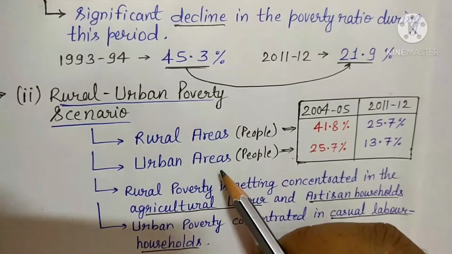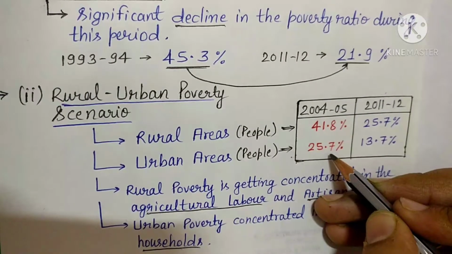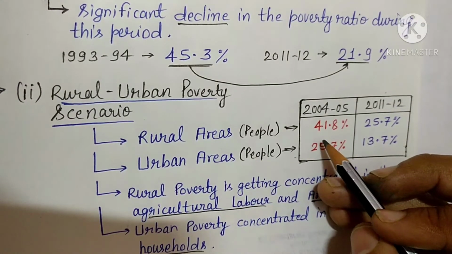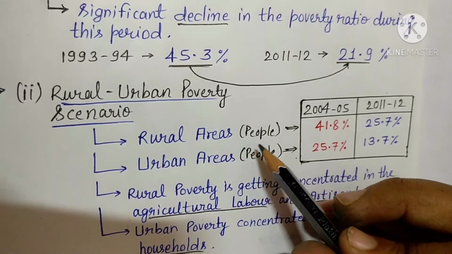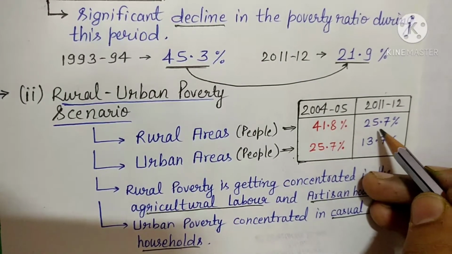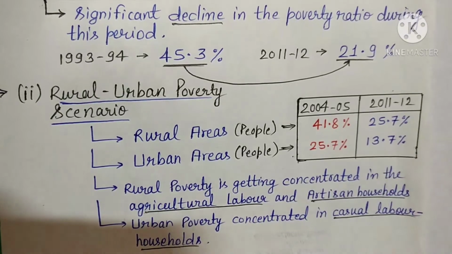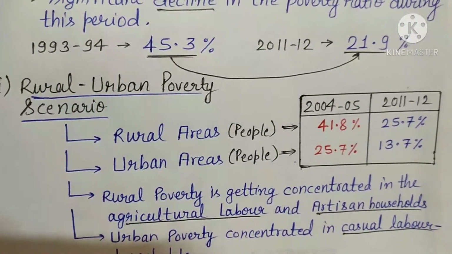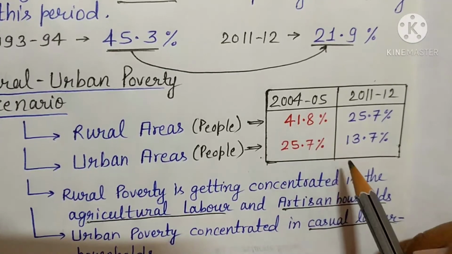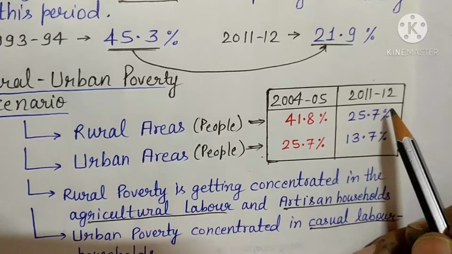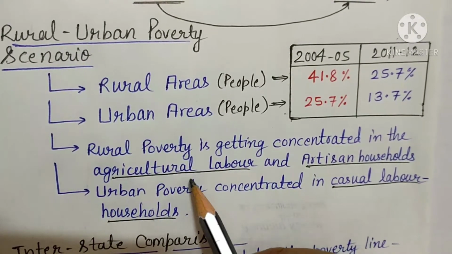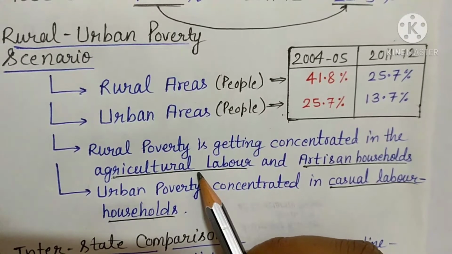And if we talk about urban areas, it was 25.7% in 2004-5, but it becomes 13.7% in 2011-12. In comparison, more poor people were living in rural areas, that means village areas. So rural poverty is getting concentrated in the agricultural labor, where we are getting more poverty